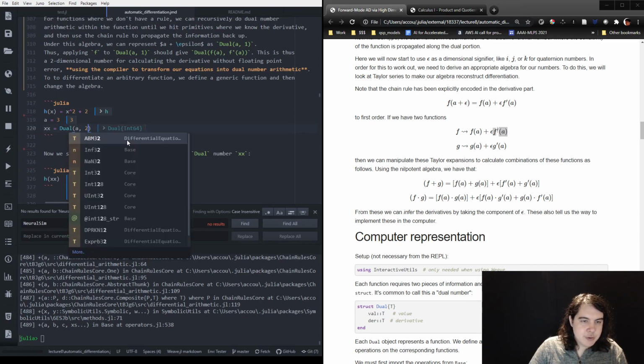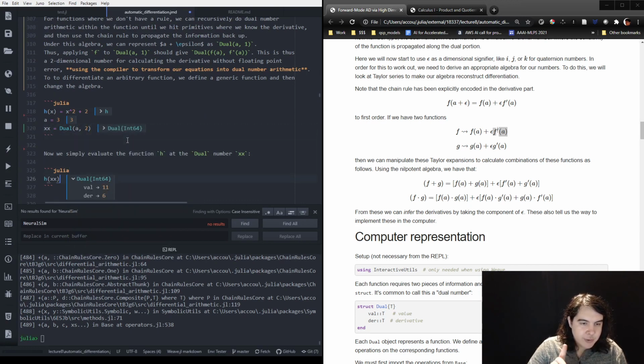So if I do 2 here, then my derivative value should correctly be twice the value, and it is 12. Right? Okay, that might be a little fast. You might want to go over this a few extra times if you haven't seen it before. But this number, because we defined it to do the chain rule correctly, is a number such that when we put dual of a1 into arbitrary functions, the output dual number is f of a,